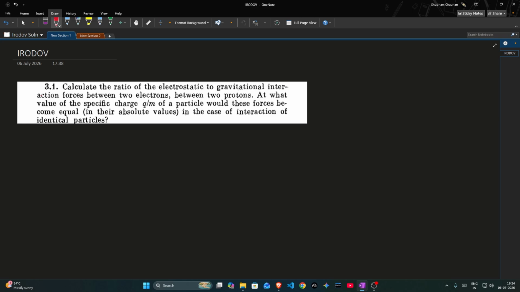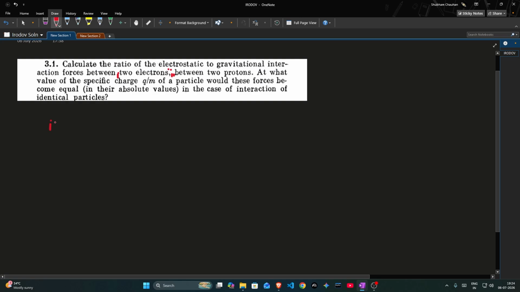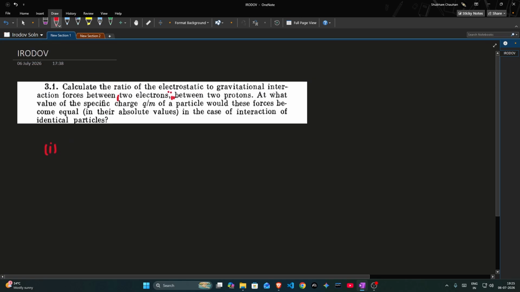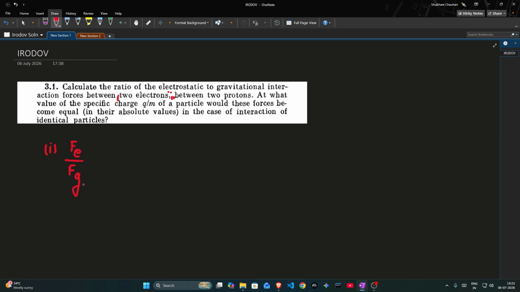So first let's do part 1 and part 2. Part 1 says calculate the ratio of electrostatic to gravitational interaction forces. So let's say the electrostatic force Fe and gravitational force Fg. So the electrostatic force for two electrons